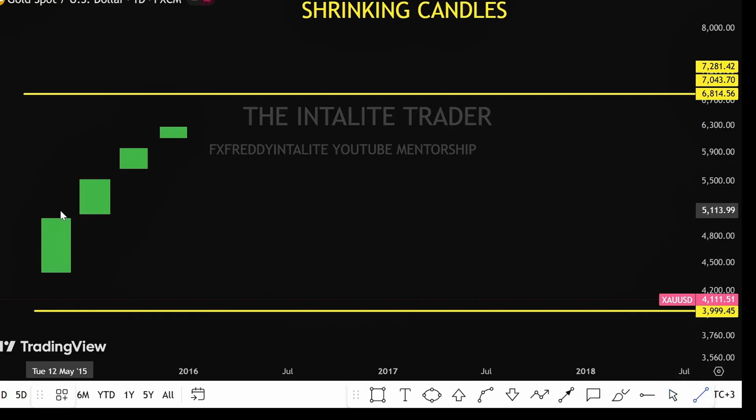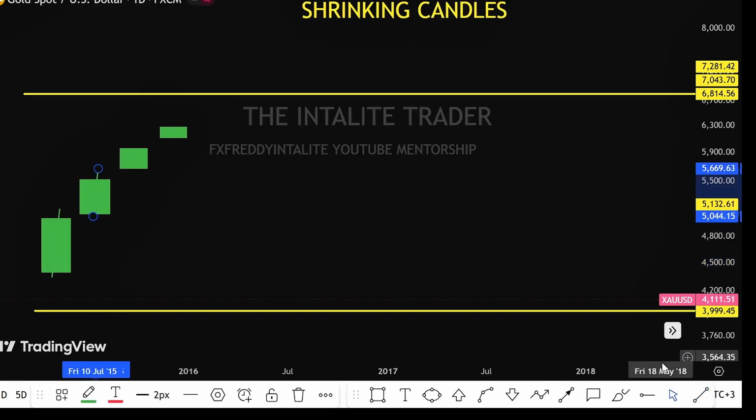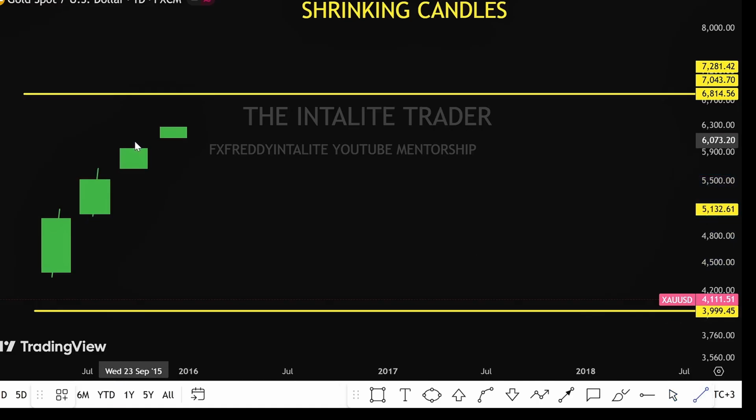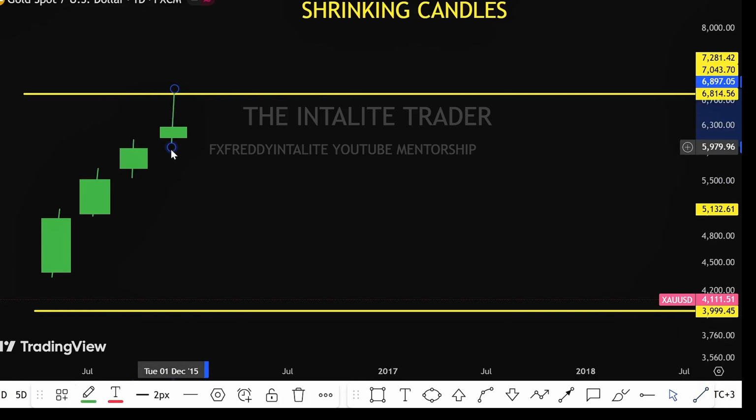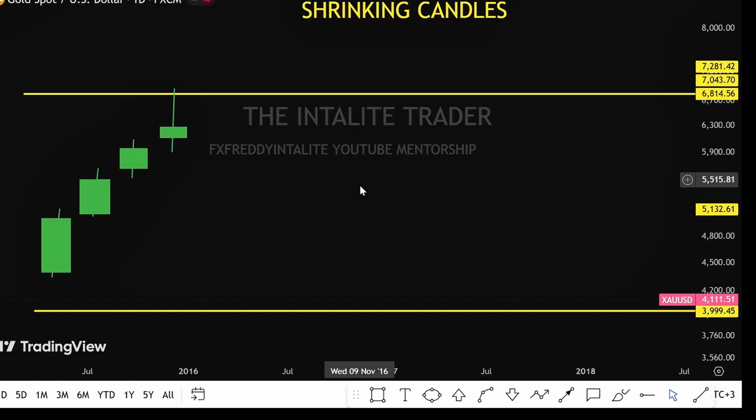Let's say these candles have wicks. And then you have this. These ones, we call them shrinking candles